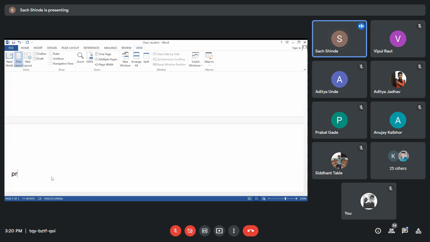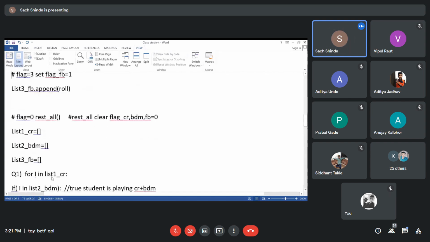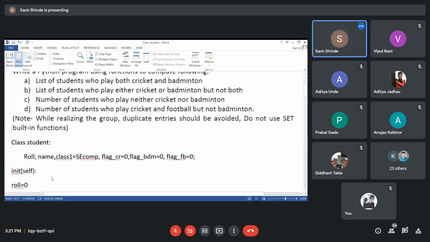The next is simply print of R, so the roll number of the student who is playing cricket as well as badminton will be displayed on the screen. Everyone understood the basic concept of how this can be performed? Or any question? Yes, participants, any questions?